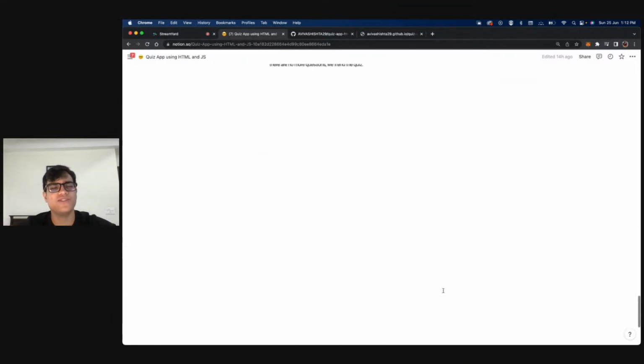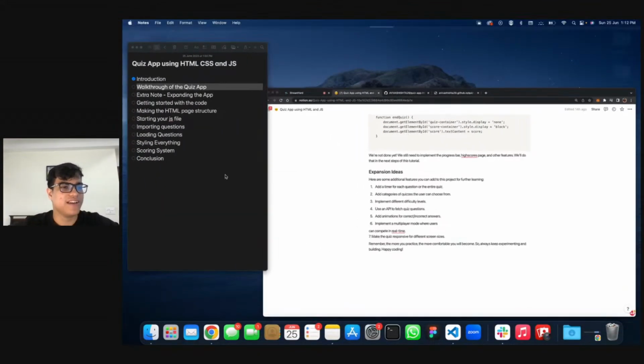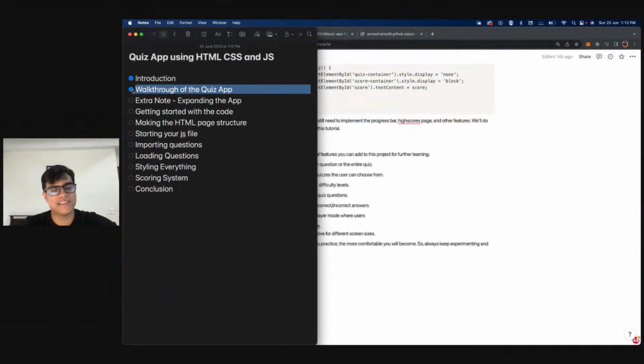If you just go through this documentation, you will realize that we have added everything that we need for this app. Obviously, expansion is up to you. So if the documentation part is also clear, let's talk a little about the expansion of the app, and then we'll get started with the code, because I feel a lot of you guys are very interested in that. So what do you guys think? Shall we do that?